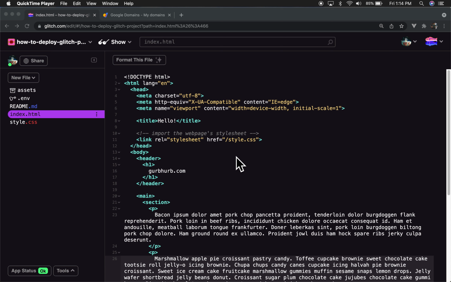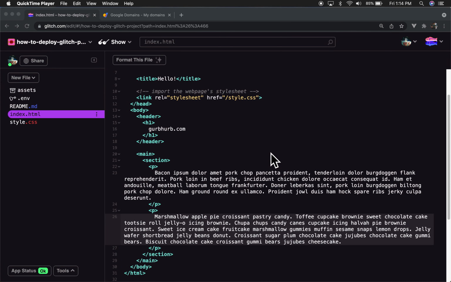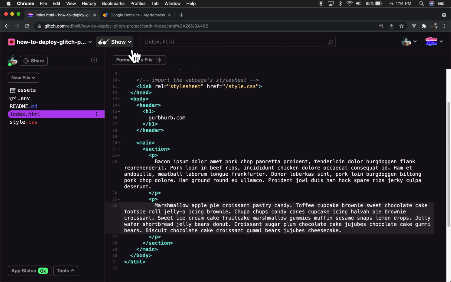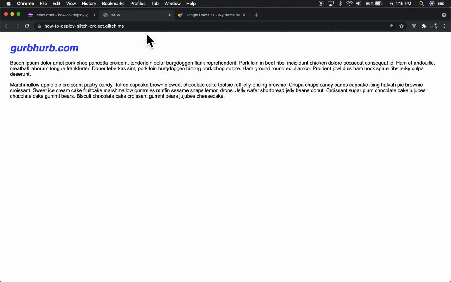I'm going to show you here how to set up your Glitch project on a custom domain. And it's actually kind of a good thing that I waited on this, because it's a lot easier than I thought. So here I have just a very simple Glitch project, really basic, just a header and a couple